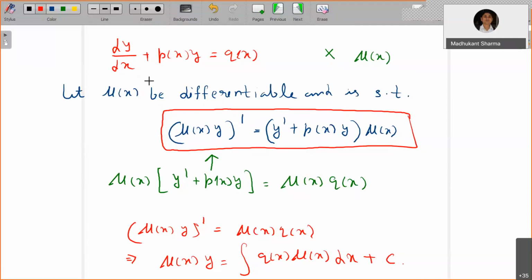Okay, let's see. From here you can see what the final solution will be. If such a mu of x exists, y equals 1 by mu of x times the integration. So you just transfer this mu to the right side of it. Okay, right. So now